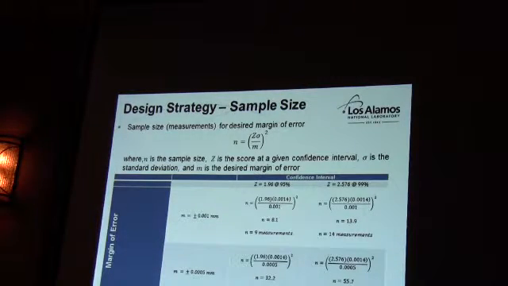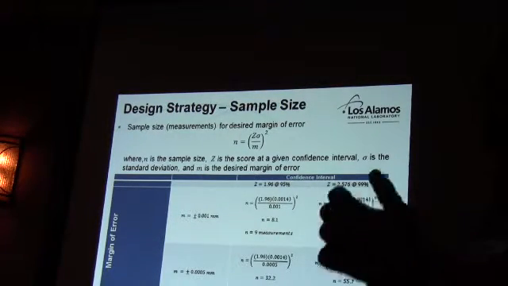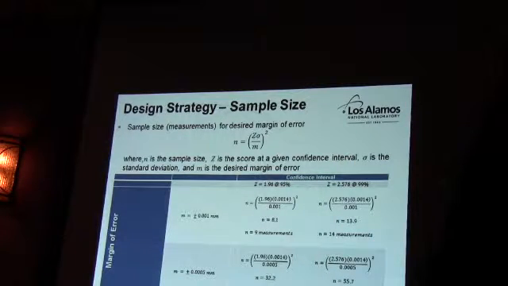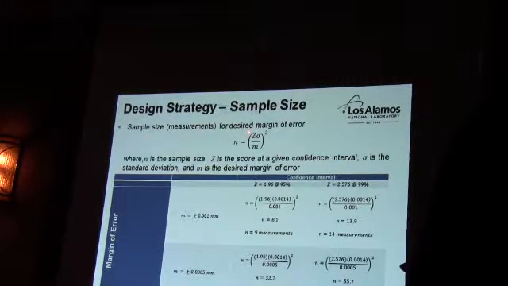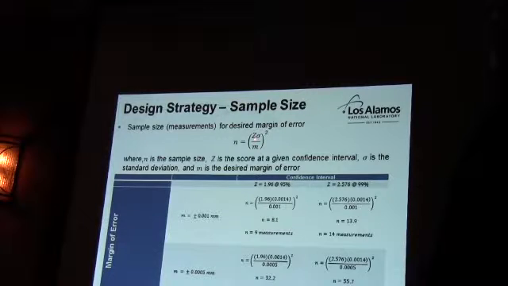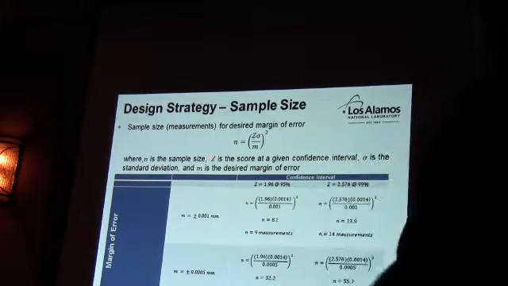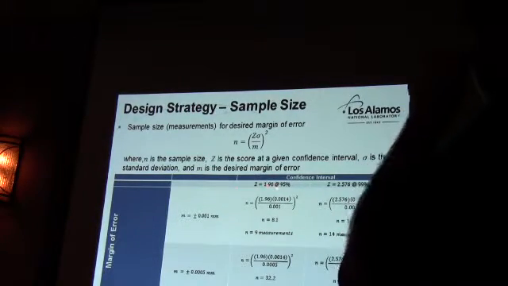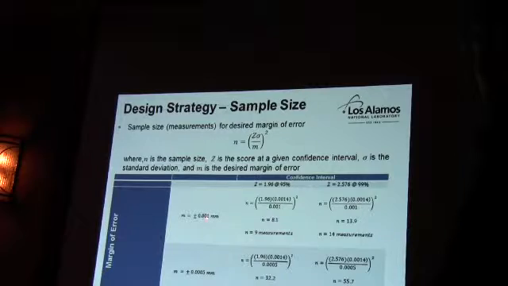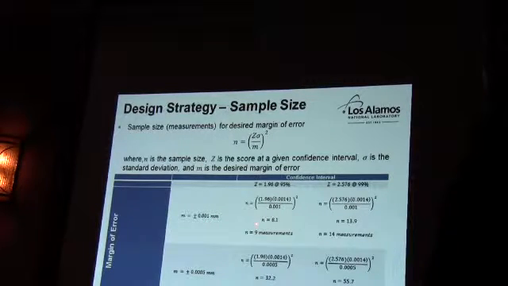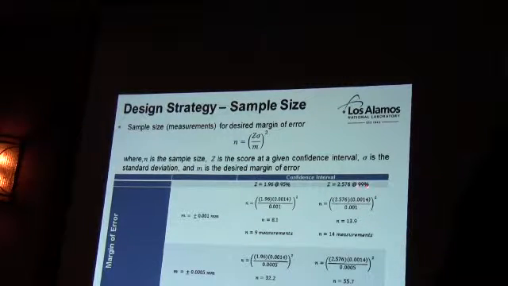And here's what our sample size is. We're talking about sample size, how many measurements you want to take, and we're basing this off of our desired margin of error. You can calculate this as the quantity squared of the z-score times the standard deviation over the margin of error. If we want 95% confidence with a margin of error of 1 micrometer, we're looking at approximately 9 measurements. If we want 99% with the same margin of error, we're looking at about 14 measurements. Now if we cut that in half, going submicron, 500 nanometers,